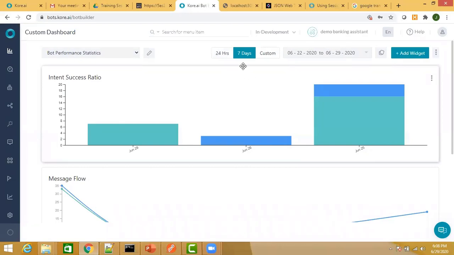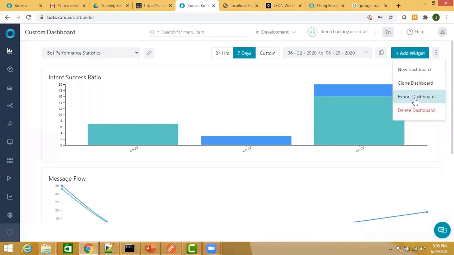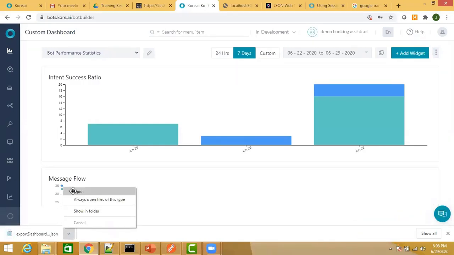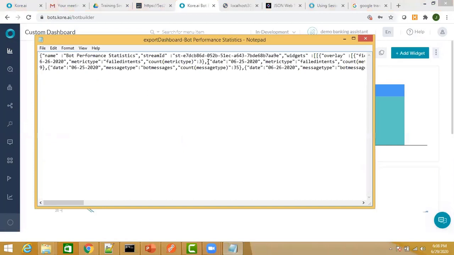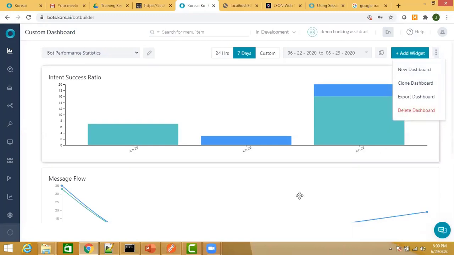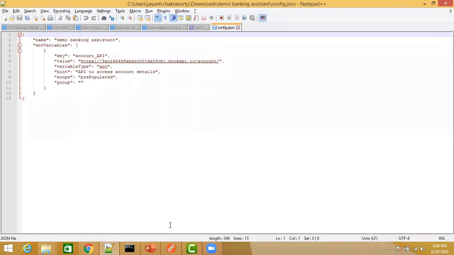Okay, so is there any way to export this data? Yes, you have the export dashboard option over here. So you can export your entire dashboard from here. When you click on export, you get a JSON file coming up, and if you open that JSON file you can see this kind of a report will come up. And then what you can do is import it over here. So that is how the data will be represented. Okay, so when you are exporting it, one second, wait, it might export.